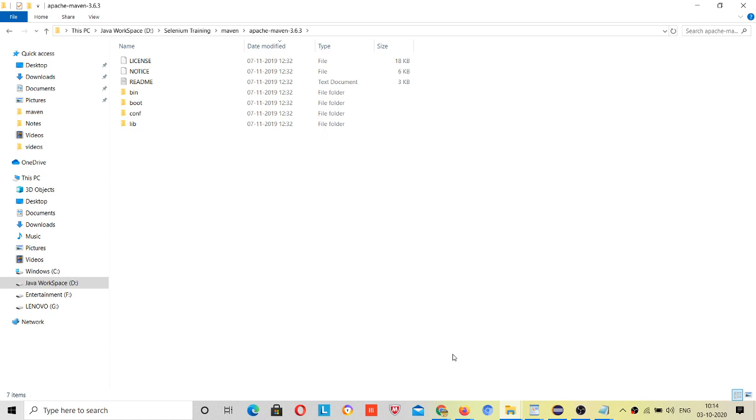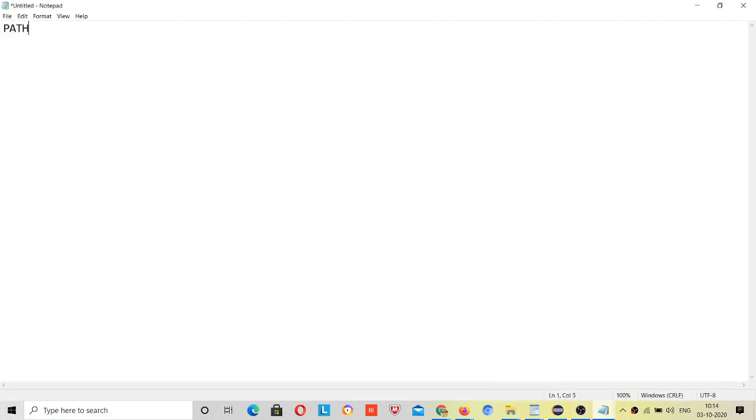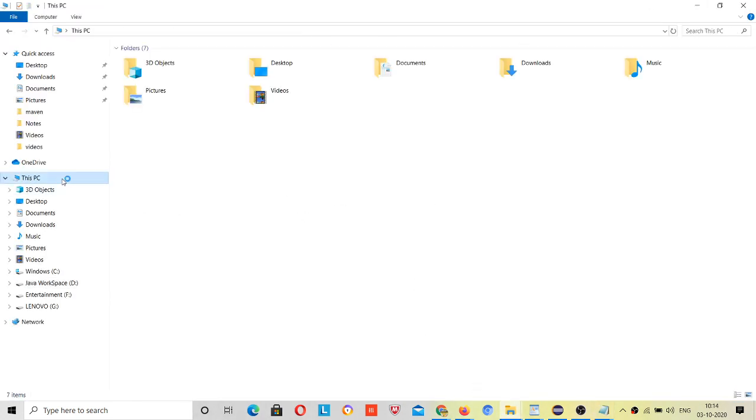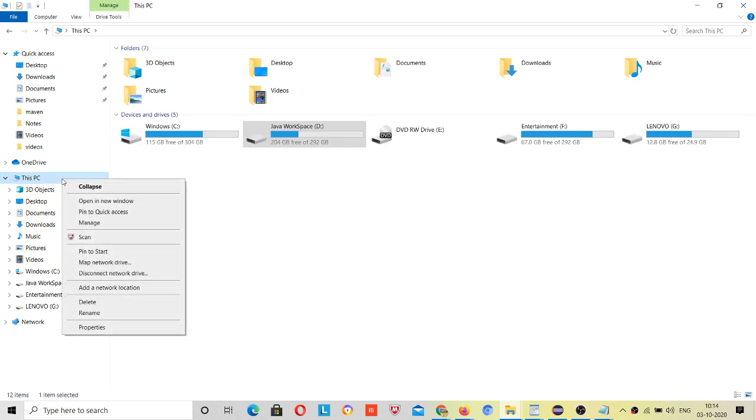Similar thing you have to do, but you have to set up two things so that it will work: path and Maven home, just like I have set up for Java. So how do we set up the path? Just right click on This PC. It depends on what system you are using. If you're using Windows 7, then you will go for My Computer, right? So it depends on your machine. You can search on Google how to set up the path if you are using a different system, because I am using this one, okay.